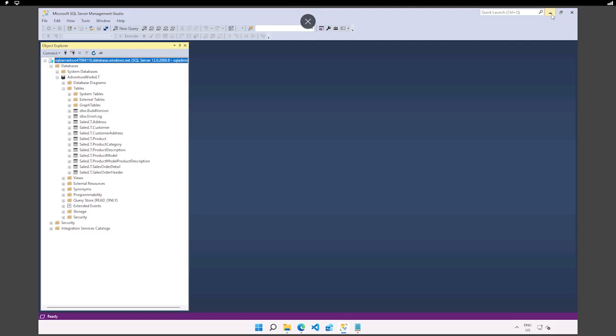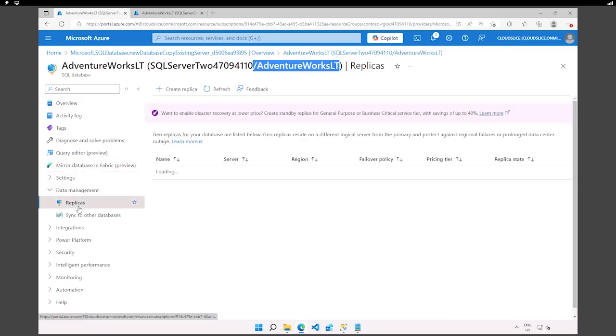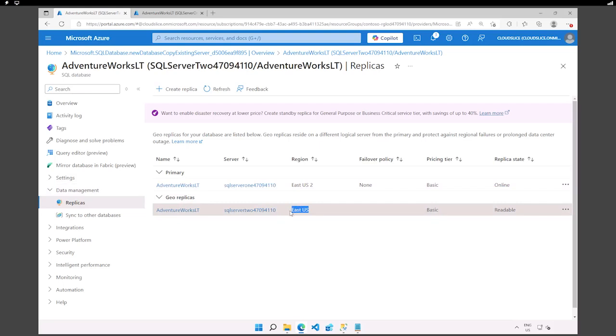Now, what can we do with it? Well, that's interesting, because when we go on the replication here, what do we have? We can see that the primary is online, and the one as part of the geo replicas, the one I have access to, which is deployed in EastUS, the one I'm connected to through my management studio, is readable. So can I do anything against it? Well, yes, I can read information, as I was opening it a few seconds ago. Now, can I write data?